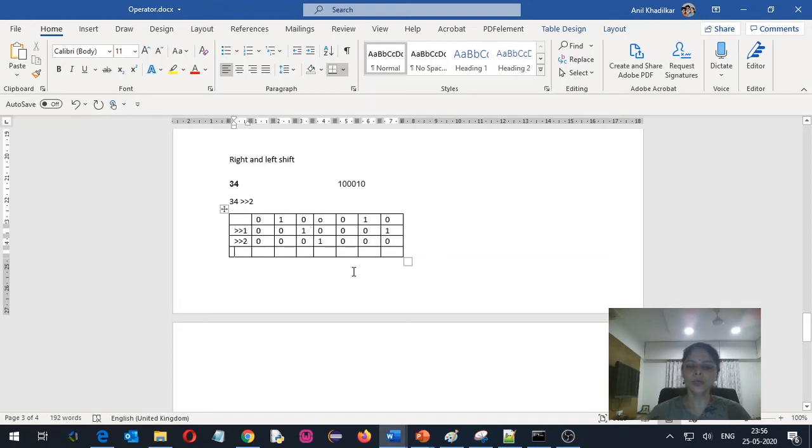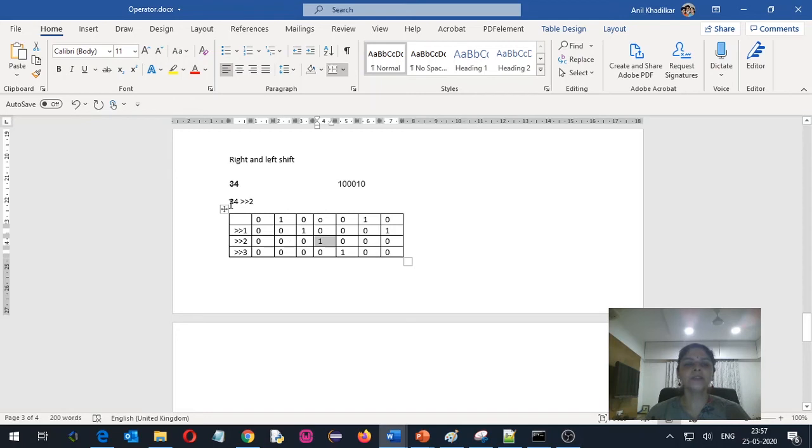If I try to do another right shift here, that is right shift 3, then what will happen is this 0 will be removed, this 0 will get shifted here, this 0 will get shifted here, this 1 will get shifted here, this 0 will get shifted over here, and this 0 will get shifted here, and this 0 will get shifted here, and one more 0 will get added at this particular position. So again I am reducing the value of this bit 1 by one more location in another right shift. So now this will become 4. So in every right shift operation, the number usually becomes half the number.